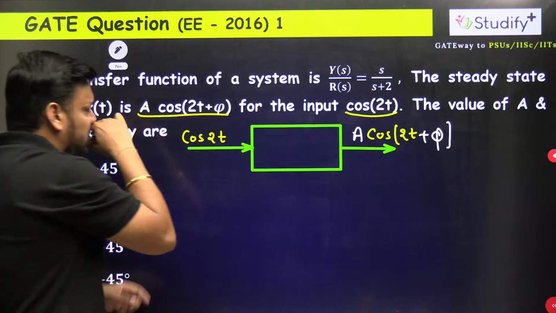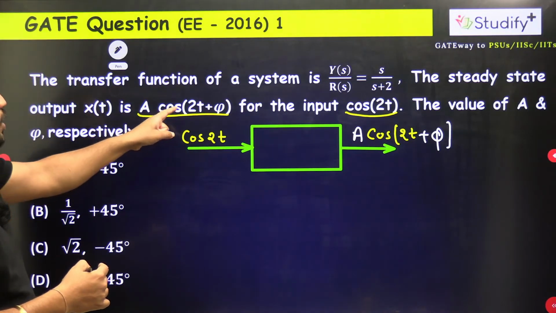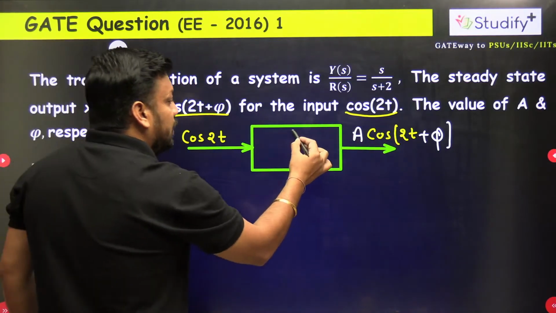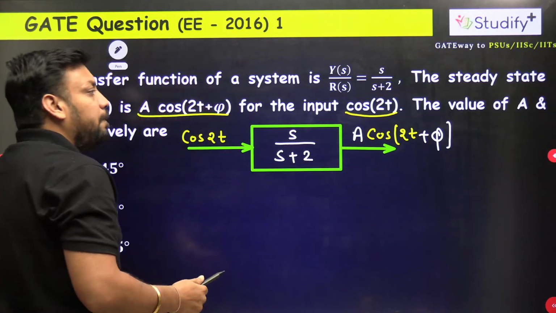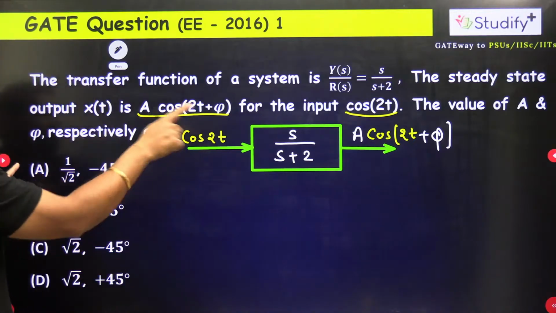The examiner is also writing that the steady state output is A cos(2t plus phi). And what is the transfer function? The transfer function we are writing here is s upon s plus 2. So now we can find A also, we can find phi also. Examiner is asking for A and phi. So A